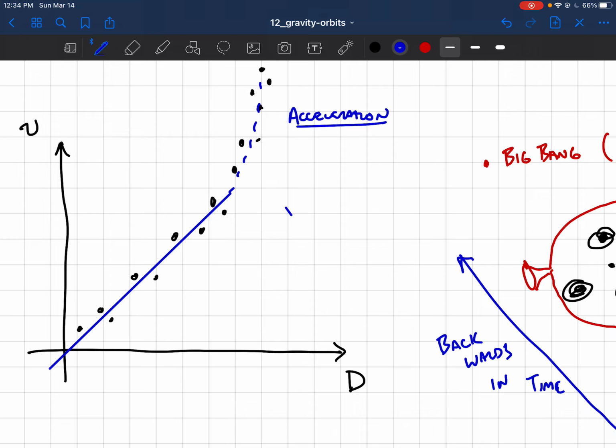And effectively, we don't have any idea why that's true. There's a phrase for this, which is called dark energy. But effectively, dark energy just means we don't know why this is happening. And that's actually the current state of cosmology. "We don't know" is a pretty good summary of what's going on in cosmology. We know that the universe is expanding. We know that there was a Big Bang, but we don't have any idea why the universe is starting to expand more quickly now. And in fact, there's a paired dark quantity, which is called dark matter,